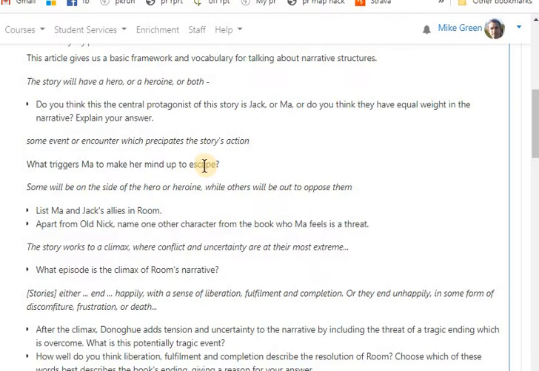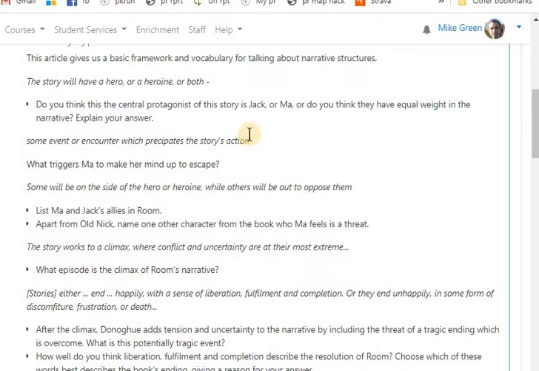I don't think that there's one compulsory answer or one right answer to that. I think you can see it any of those three ways, but I'd be interested to see why you see it the way you do. Who would you regard as the hero of the story? Or is it basically a double act?